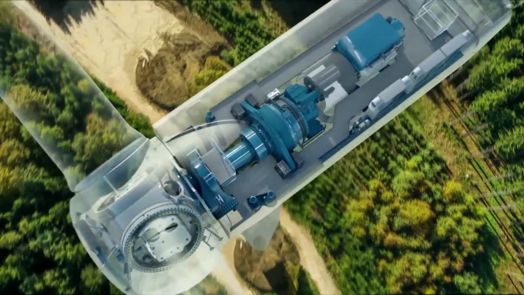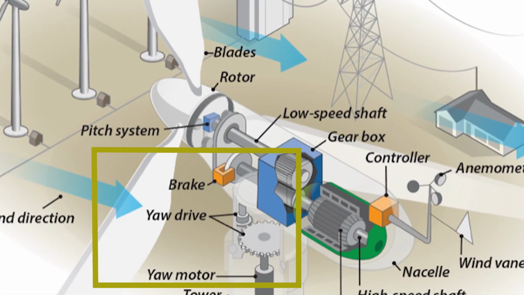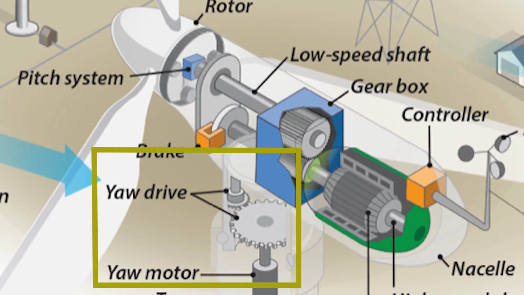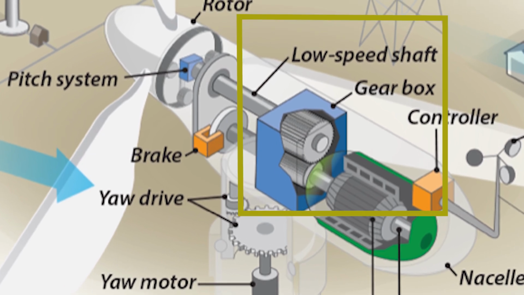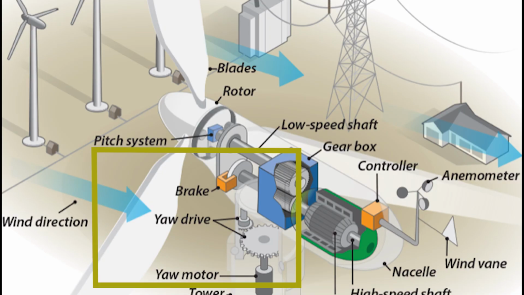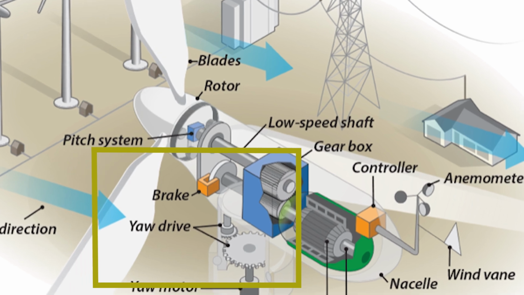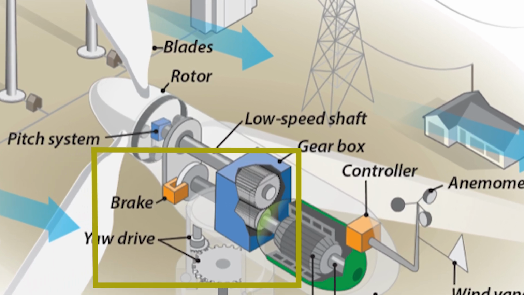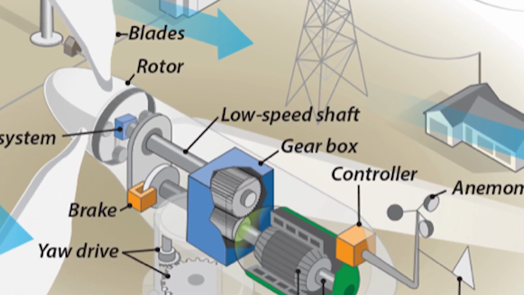The nacelle is divided into three main systems: the yaw system, the mechanical drivetrain, and the electrical systems and cabinets. The yaw system is responsible for the orientation of the rotor toward the wind. It allows the rotor to head itself into the wind direction and keeps itself locked in that position when the